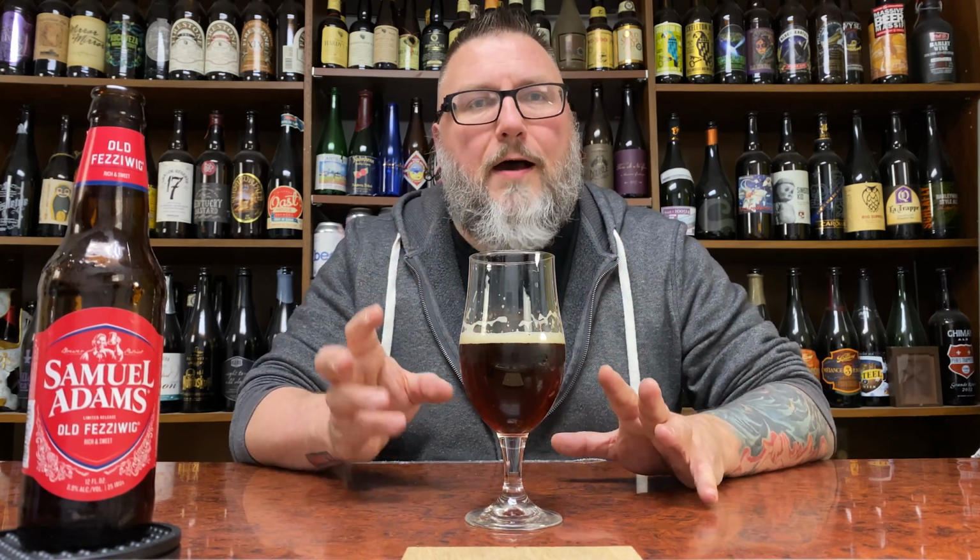Now the more I take a sip, let it sit, those bready gingerbread cookie notes start to come through. But again, it's very subtle, not over the top. It doesn't have the volume cranked to 11, which is what you expect from a lot of beers nowadays. Now, that's not Sam Adams' MO,